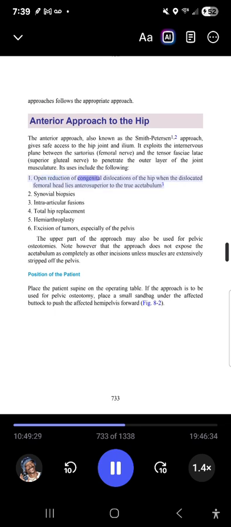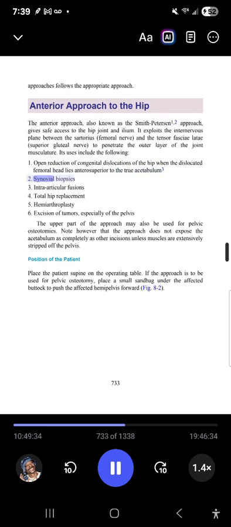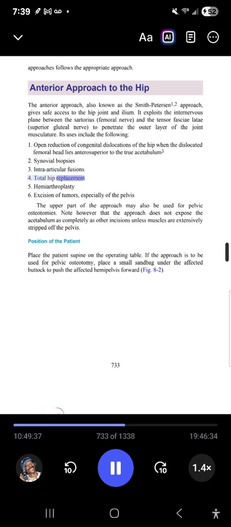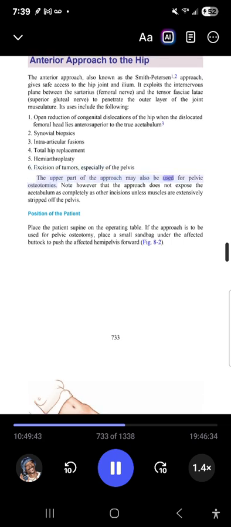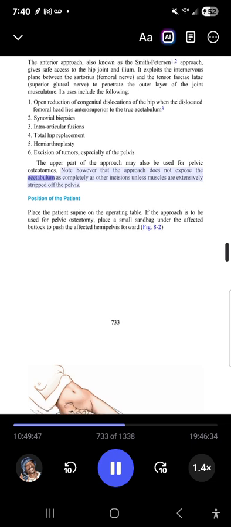1. Open reduction of congenital dislocations of the hip when the dislocated femoral head lies anterior superior to the true acetabulum. 2. Synovial biopsies. 3. Intra-articular fusions. 4. Total hip replacement, hemiarthroplasty, and excision of tumors, especially of the pelvis. The upper part of the approach may also be used for pelvic osteotomies. Note, however, that the approach does not expose the acetabulum as completely as other incisions unless muscles are extensively stripped